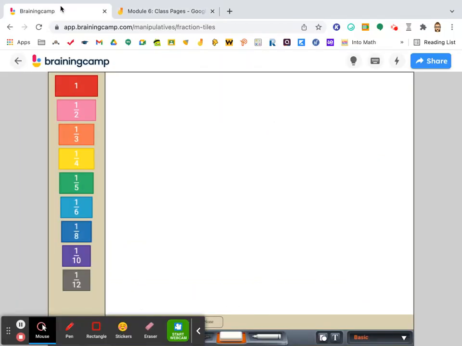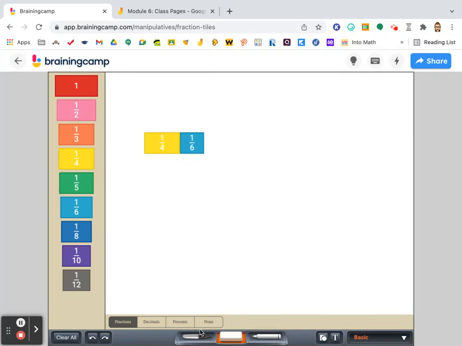So we have 1/4 and we have 1/6. So we want to see what we can fit underneath both of those. Well, as we talked about yesterday, if we know the multiples of both of these, that can help us. So we think,